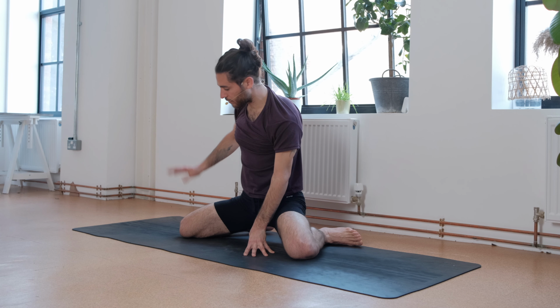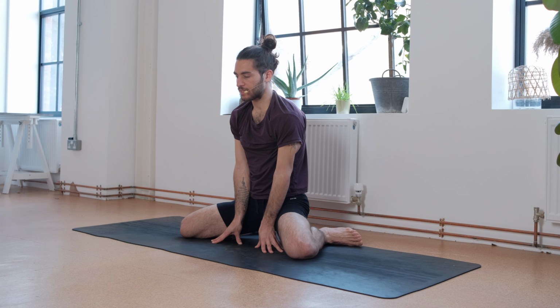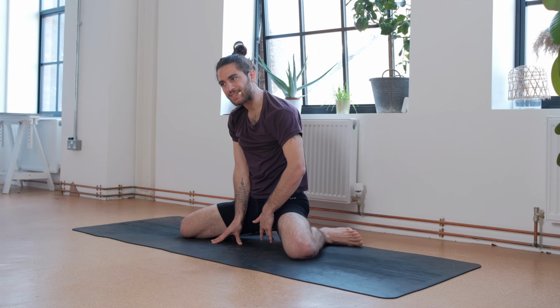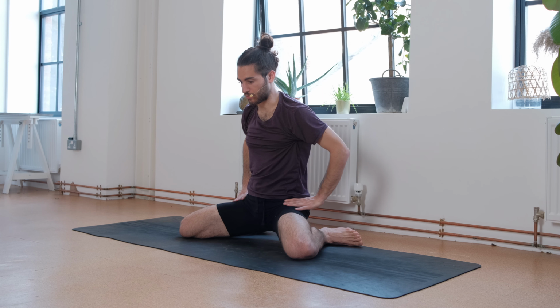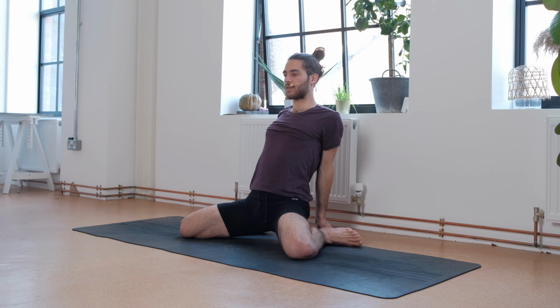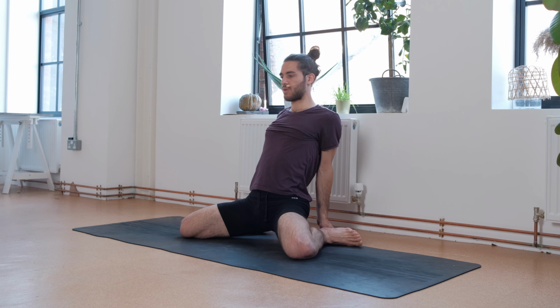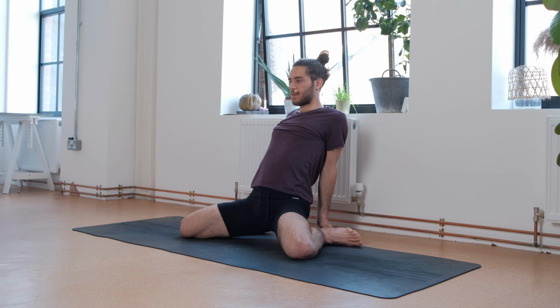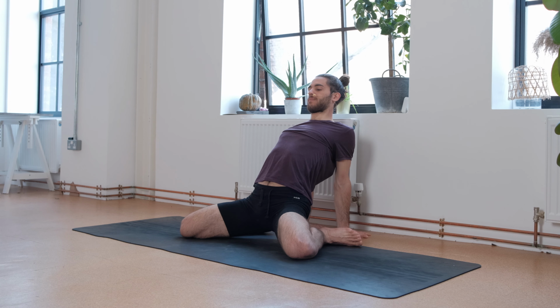Your toes are still facing out. See if you can go back as much as you feel comfortable. Notice what is happening on the adductor muscles. Maybe this is fine. Maybe you can bring the hands on the hips. Maybe you can bring the hands back. Notice the opening happening right now on the inner legs. If you're comfortable, try to lean back a tiny bit more and breathe. Good. For 3, 2,